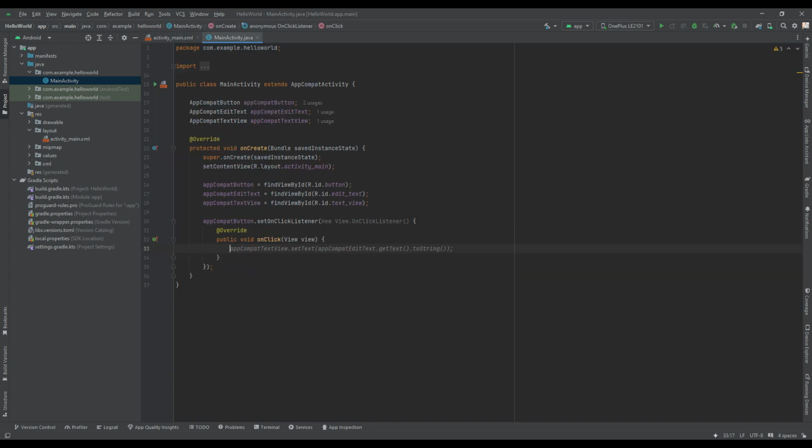So to get the text written in our edit text, what we are going to do is String str = appCompatEditText.get